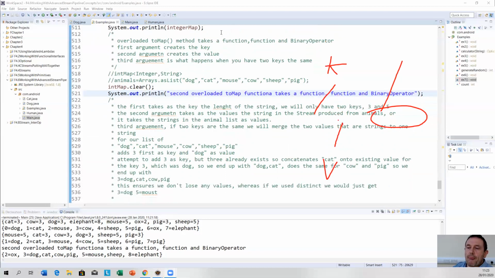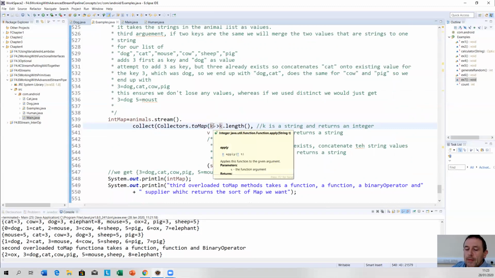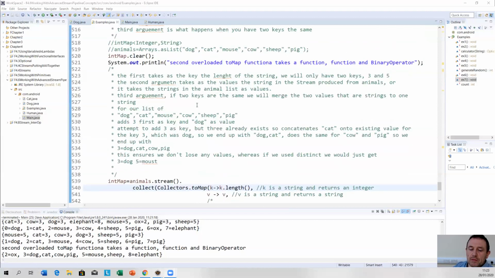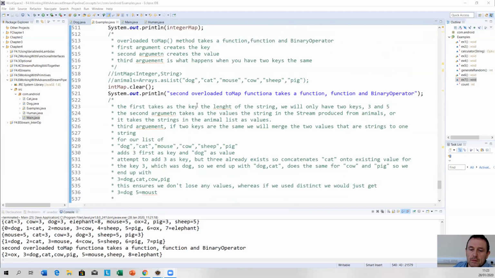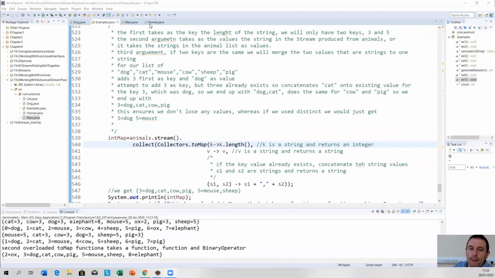Let's go down the screen. So now, it doesn't matter what you call the variable. I call this k because this is used to calculate the key, but this is still a stream. Okay, this is still a stream. So animals.stream produces a stream of strings. Okay. Now, our key is going to be,